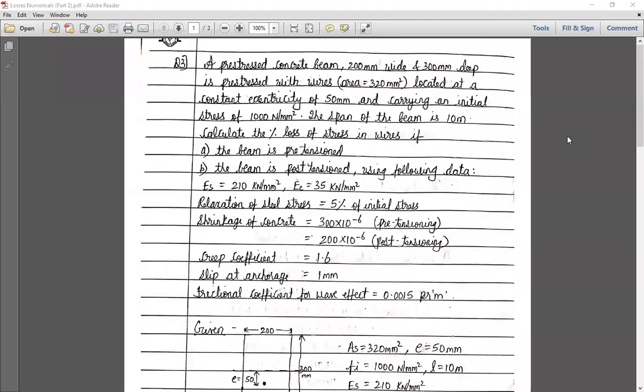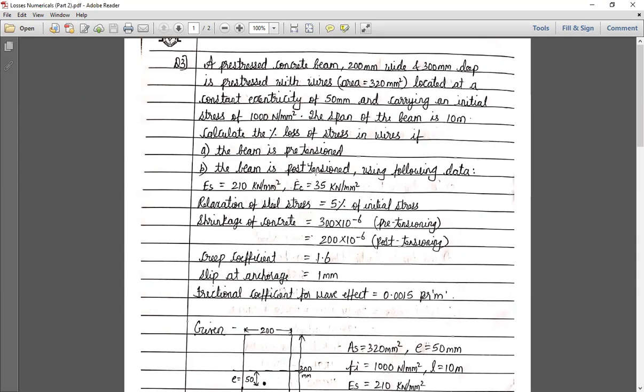ठीक है, so this is one of the typical problems that might be asked in the examination. So let us go through the question first. A pre-stressed concrete beam 200 mm wide and 300 mm deep is pre-stressed with wires. ठीक है, उसका एरिया दिया है, located at a constant eccentricity of 50 mm and carrying an initial stress of 1000. eccentricity दिया है और initial stress भी दिया है. The span of the beam is 10 meters. Calculate the percentage loss of stress in wires if the beam is pre-tensioned and if the beam is